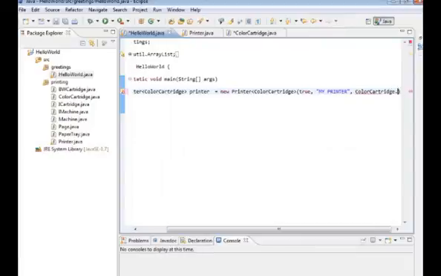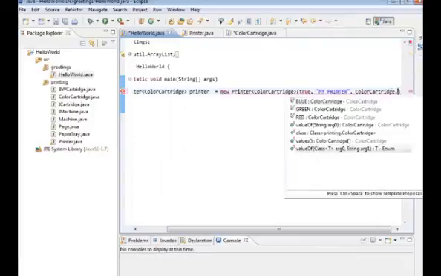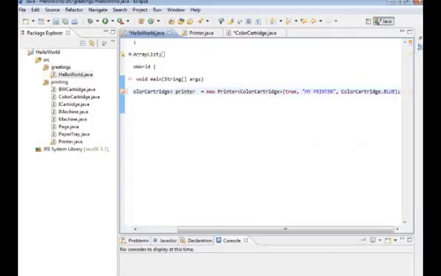Now we're getting an error here because this constructor is not recognized. First of all, a new black and white cartridge isn't going to fit here, but we can't even do new color cartridge. You can see that it's not even an option because there is no constructor. There's no way to create one. We've created color cartridge as an enumeration, so now if we do color cartridge dot blue, green, or red, those are the only color cartridge types that we can create. And as you see here, this is one advantage of